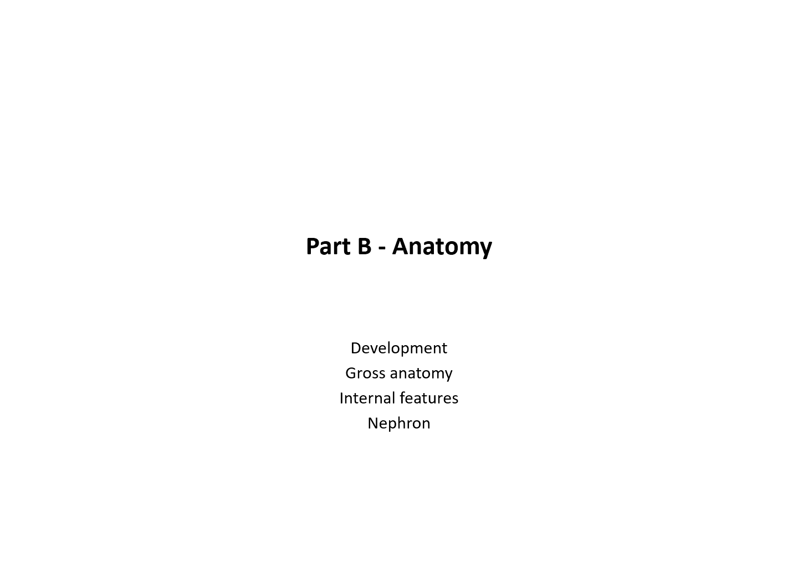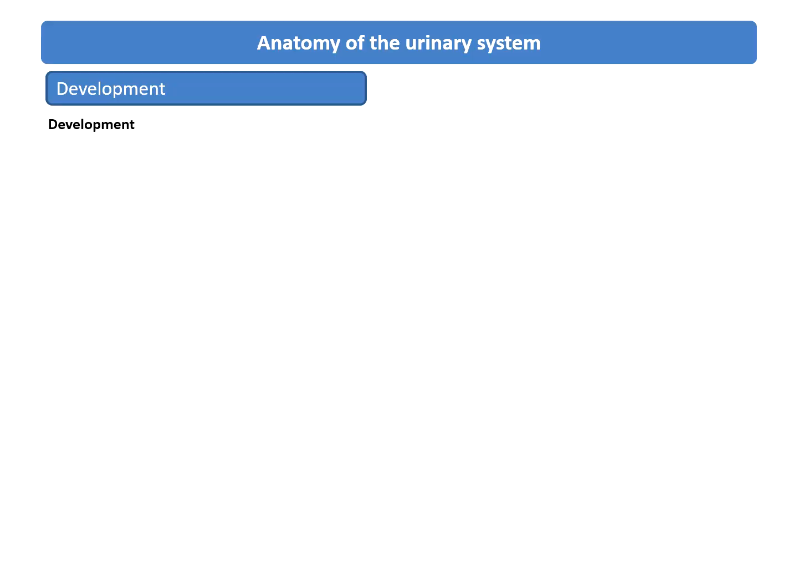Let's take a look at Part B, anatomy. We'll look at development briefly, gross anatomy, then internal features of the kidney, and finally the nephron. Regarding the development of the urinary system,